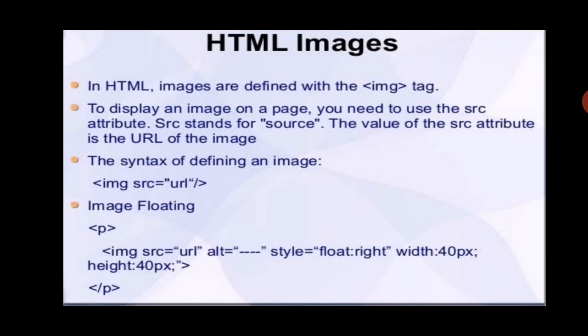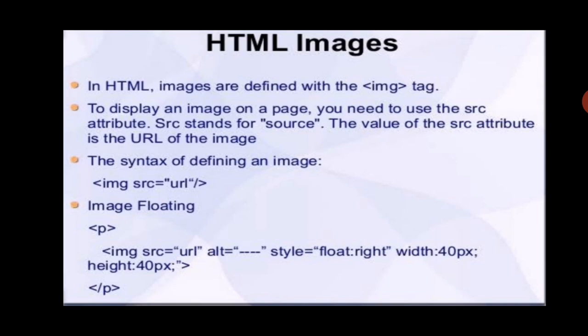Like you can say, we have to write the opening bracket, img, space, src equals, and between the double quotes you have to write the path where your picture is in your system. Where is your picture actually in the system, what is its path, what is its location? Then you have to close your tag. It's not a container tag, it's an empty tag. It has an opening tag, there is no closing tag here, so we do not need to close this tag.